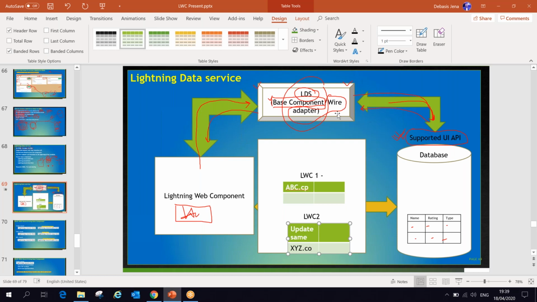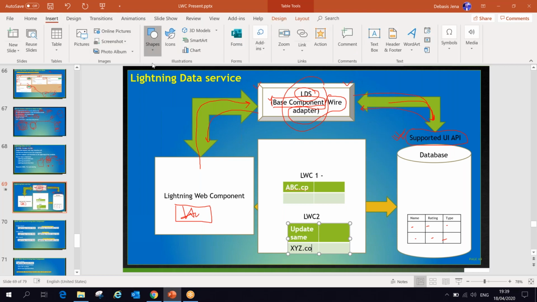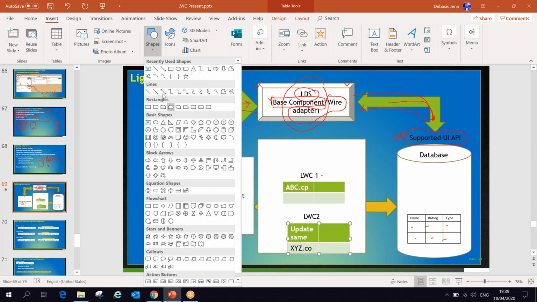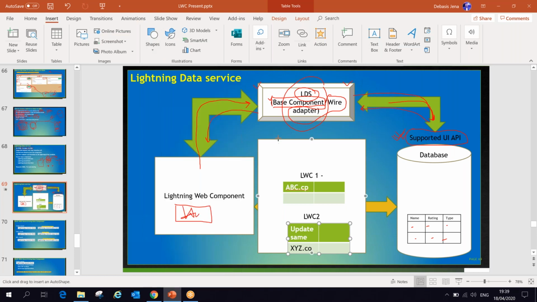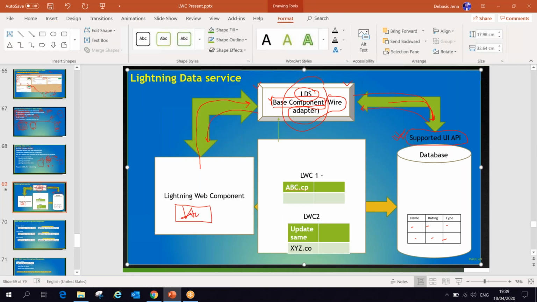Let's say I invoke my Lightning Data Service. Then what is going to happen here? The moment I made this call to Lightning Data Service, it makes a call to the database, checking that the object is supported by UI API. If yes, then I'll get data and I'll display it in both Lightning component 1 and Lightning component 2.